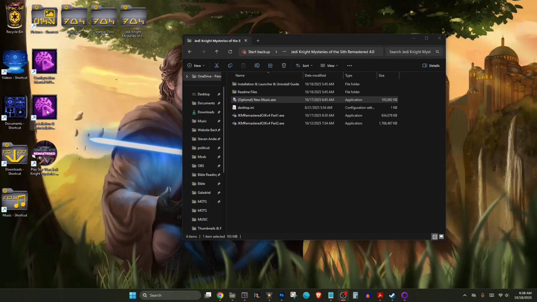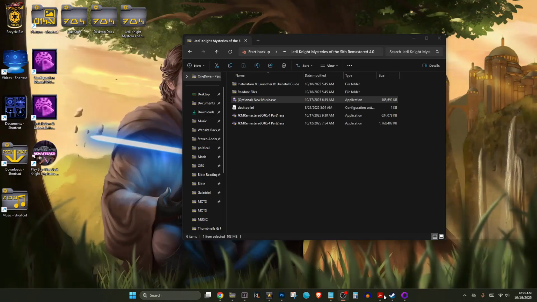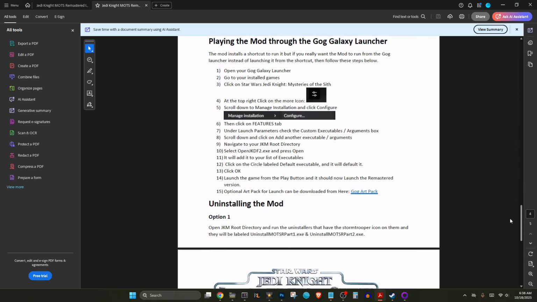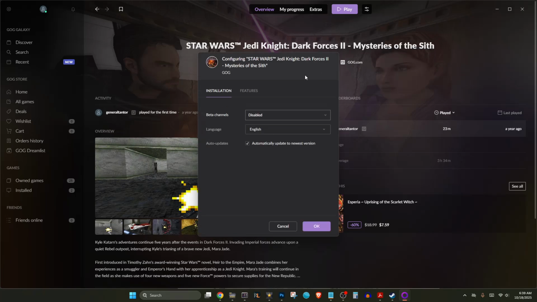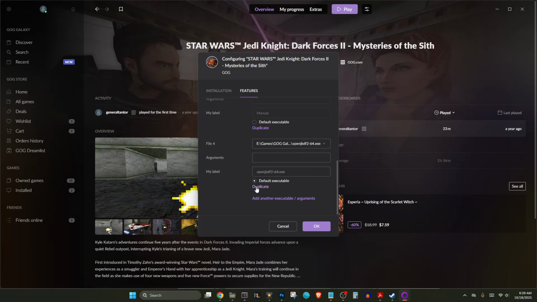So let's open up our installation guide. We already have it open. And scroll down to the Galaxy launcher instructions. So basically we open the launcher, already done that. Go to our games. Now we click on this icon here. Go down to manage installs. Click on configure. Click on features. Then you scroll down and you click on